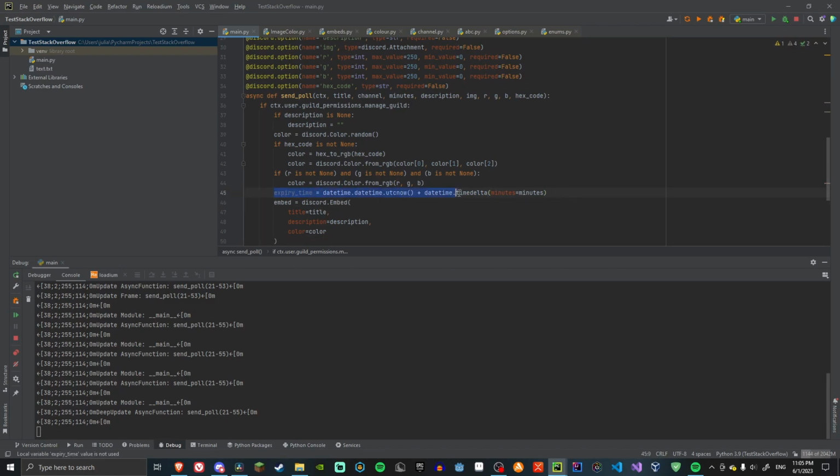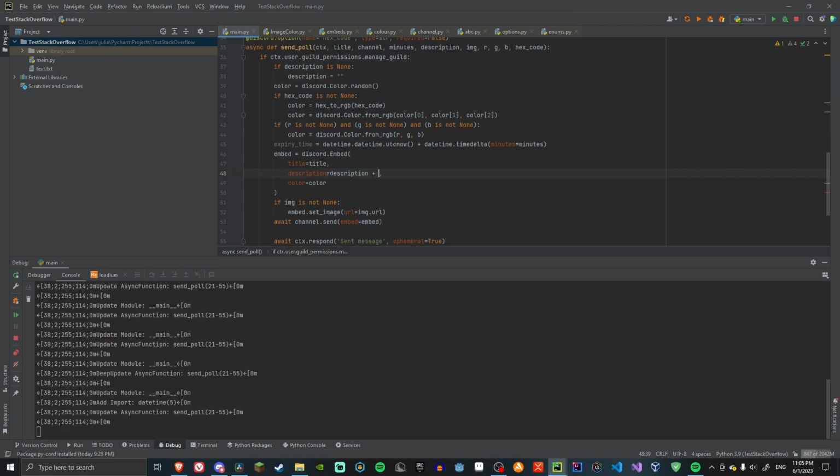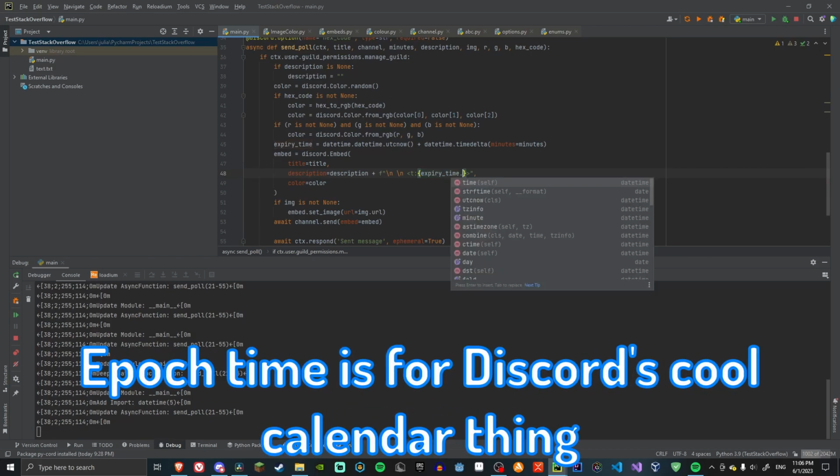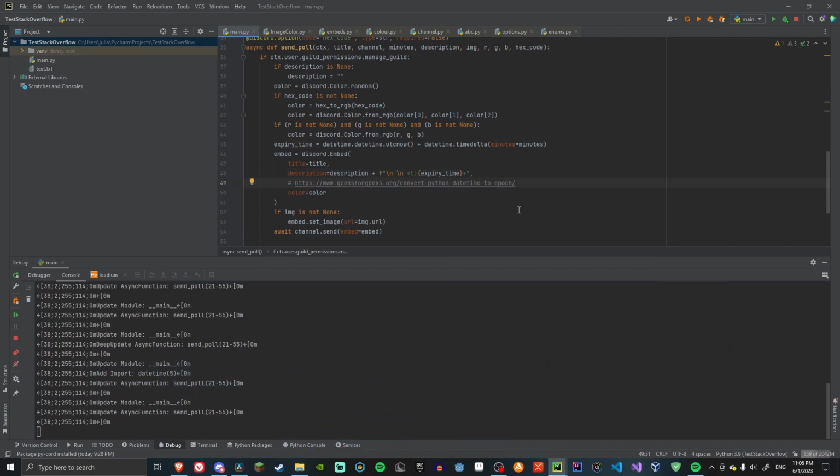And expiry time, we're going to use this to expire a message in the database after this amount of time, the minutes set. So in the description we're going to add the expiry time, so then the user knows that their time expires at that date. So we're going to put 2 new lines, and this is an f-string, so we can put the expiry time here, and then we're going to put T of expiry time, and we want to make sure this is epoch. So the way we set this to epoch time, I use this handy dandy link over here,